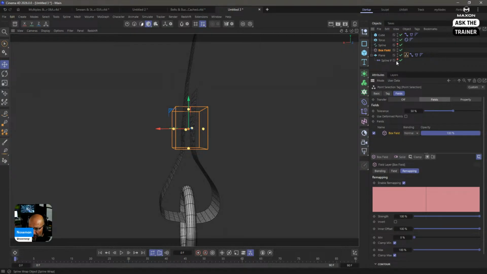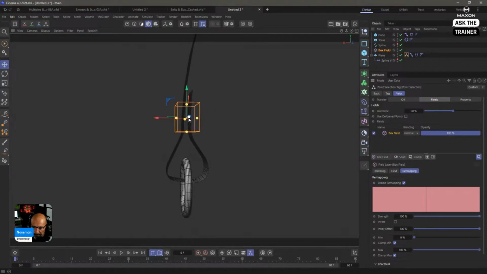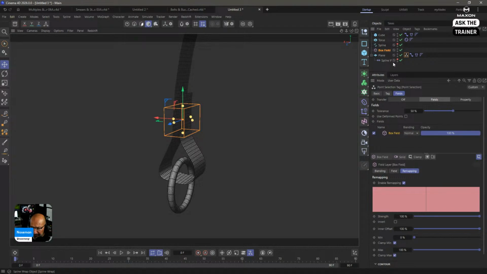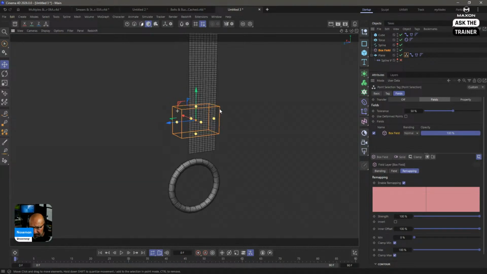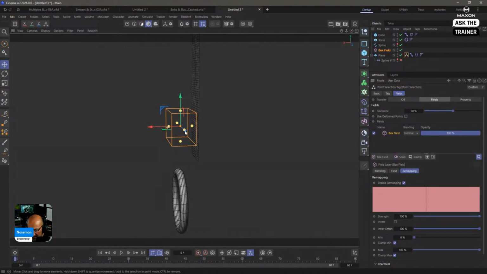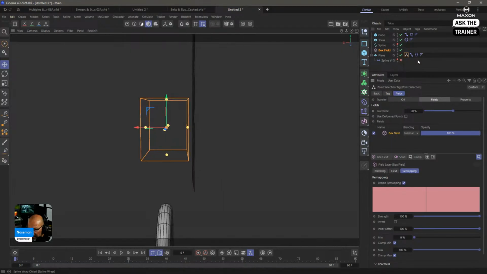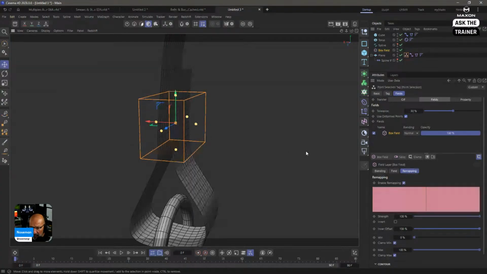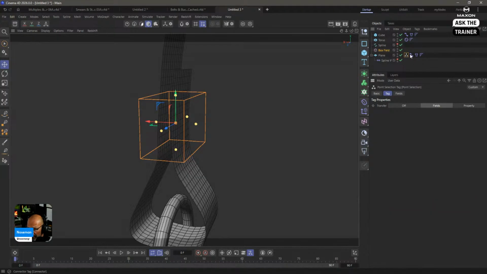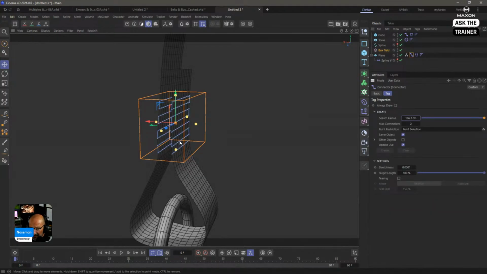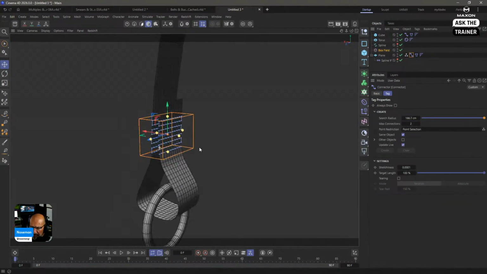Use the deformed points. Now, the object you see here, undeformed, looks like this. So these points are not inside the box. And if this is off, then this is the state that the field looks for. But if it's on, now it's looking at the deformed state of it. We should get, let's go to this, and we should get, there you go. So it's not pointing in the other direction.